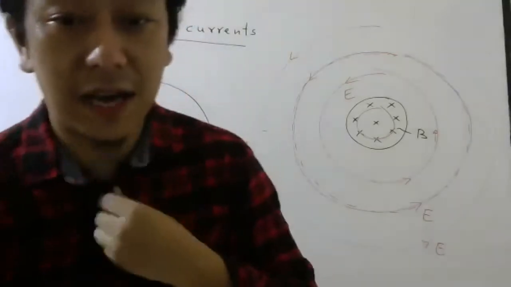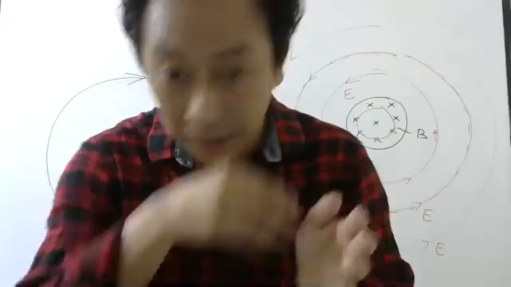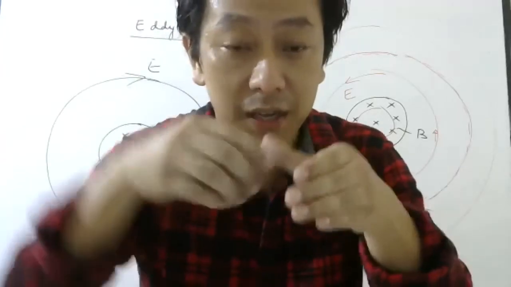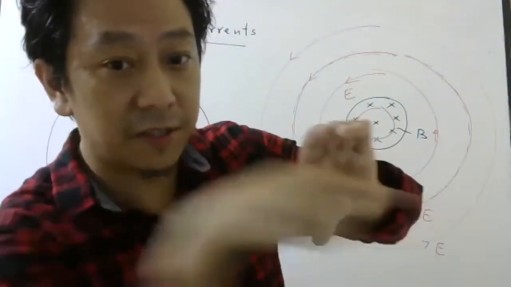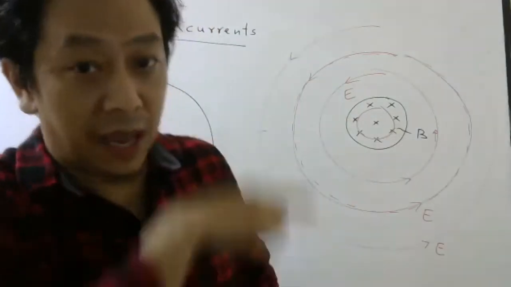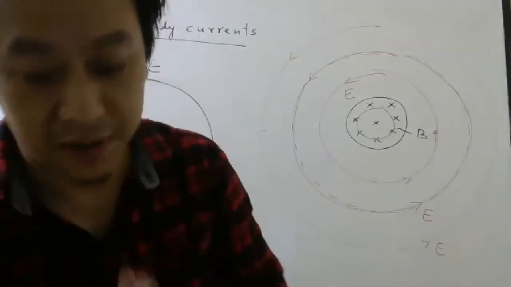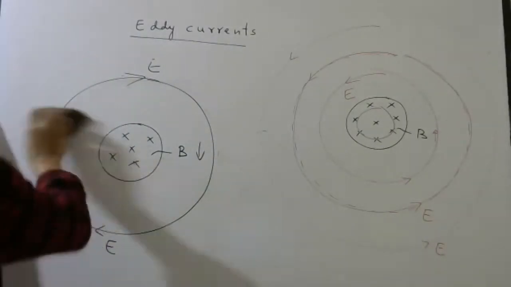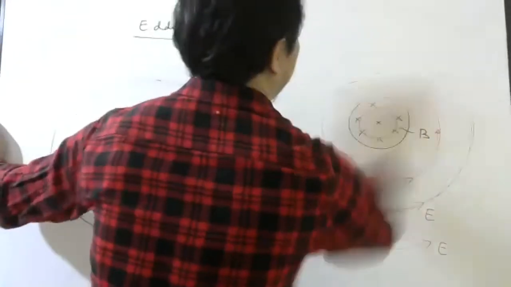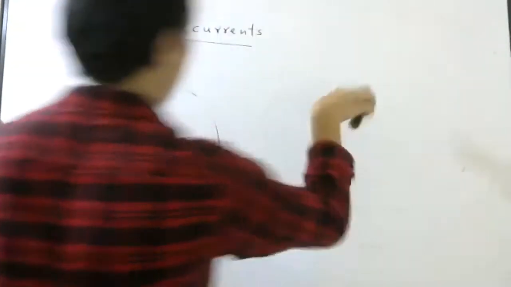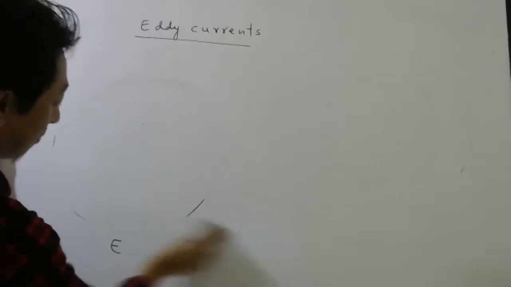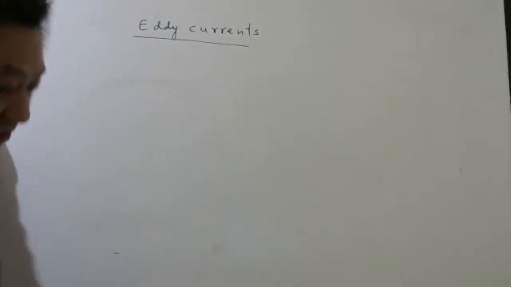Okay, so one last time we will just recollect once. Look here, if the magnetic field is changing this way, the electric field will be produced like this. If the magnetic field is changing this way, the electric field will be like this or like this. So please remember that. So what are eddy currents? Now it is easy to understand. Without discussing this, it is not possible to understand eddy currents.